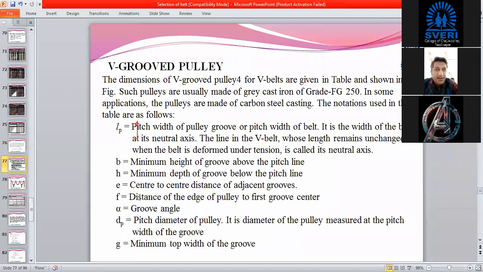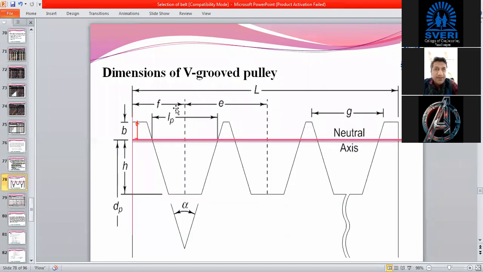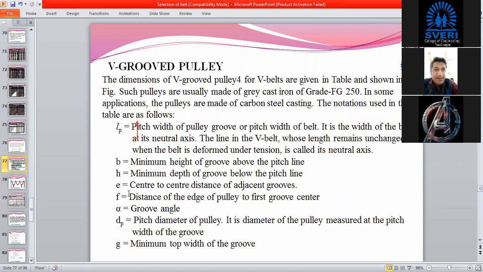Then E is the center to center distance of adjacent grooves. This is E, center to center distance, likewise which you might have seen in case of threads provided for fasteners. Then F is the distance of the edge of the pulley to the first groove center.